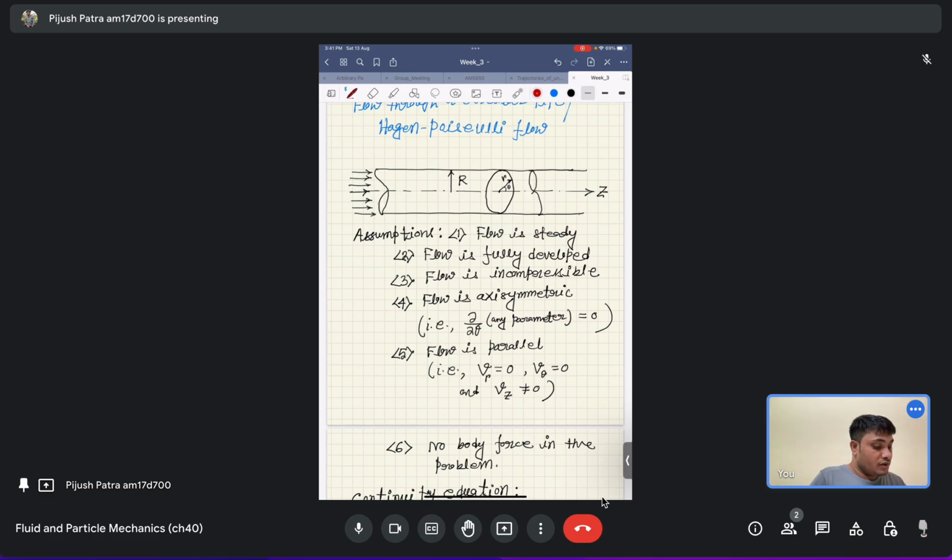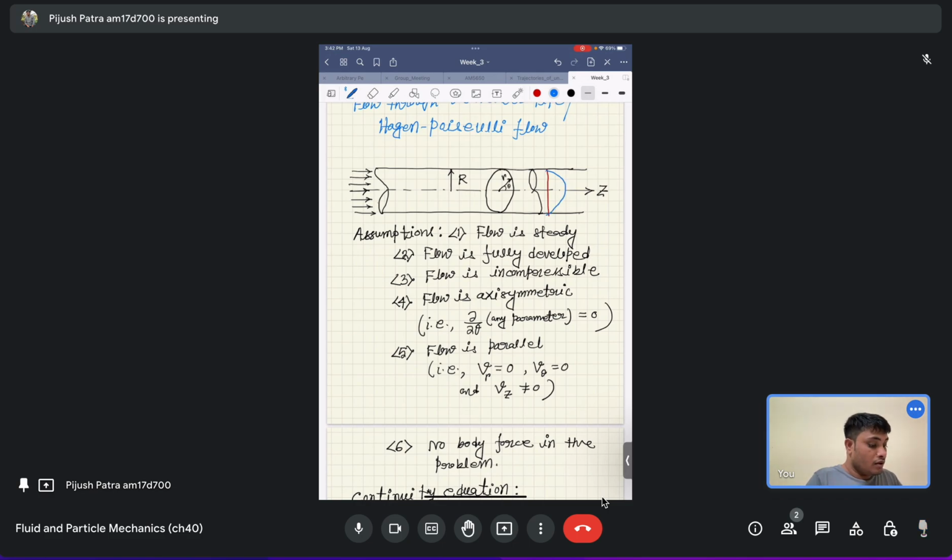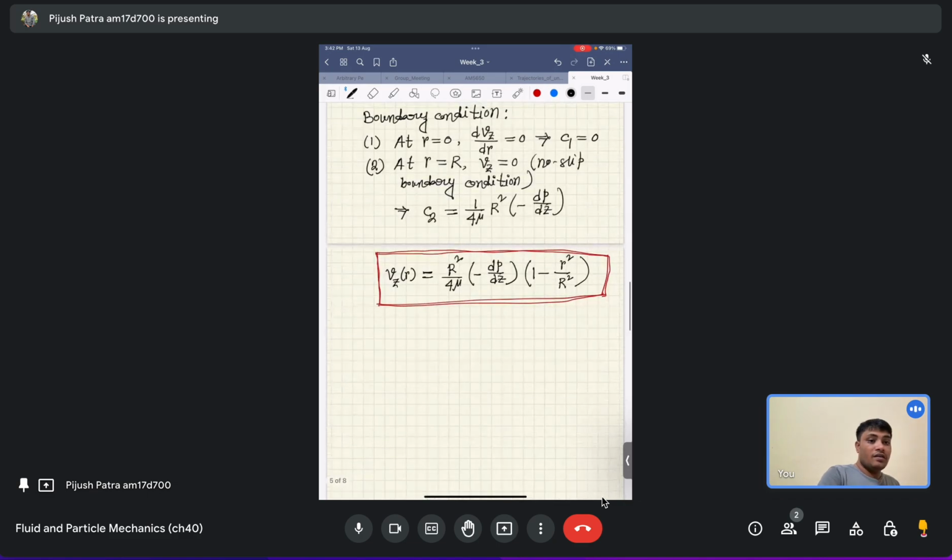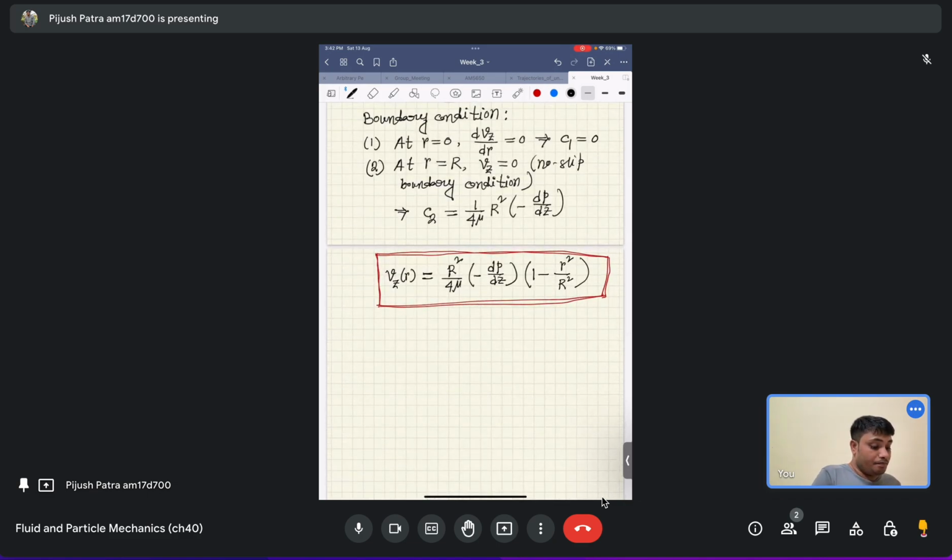My velocity profile will look something like this parabolic velocity profile. The velocity at the center line is maximum, and then it will look like this. This is my velocity profile, which is parabolic, as you can see from the expression itself. So now using this velocity profile